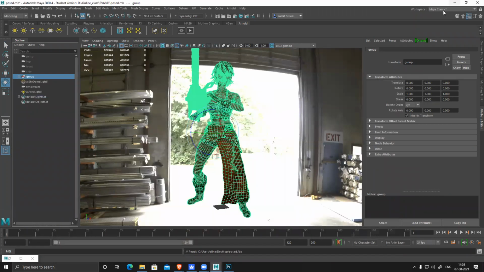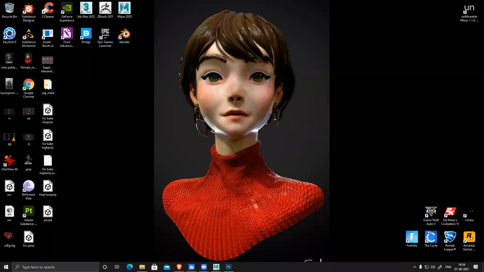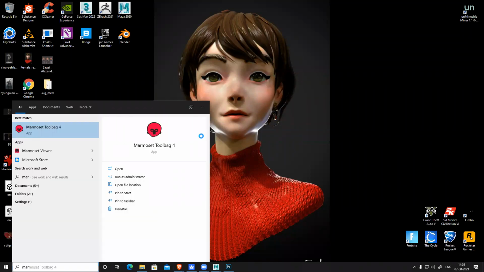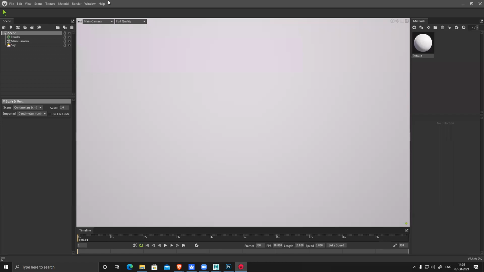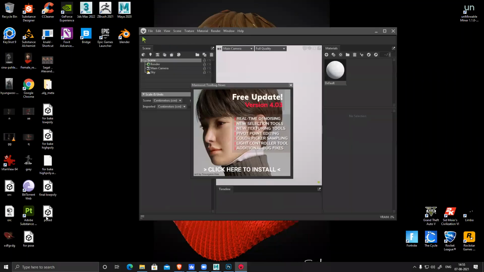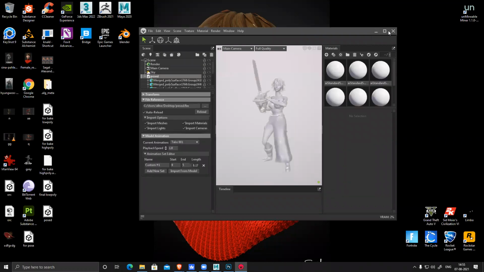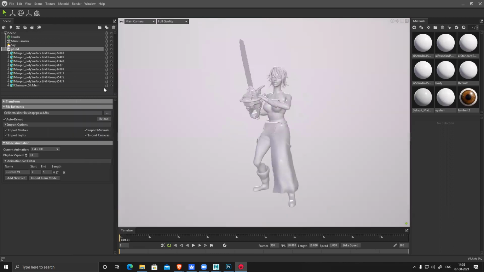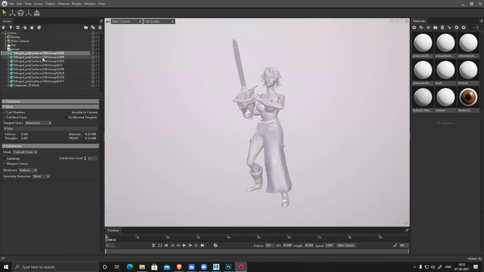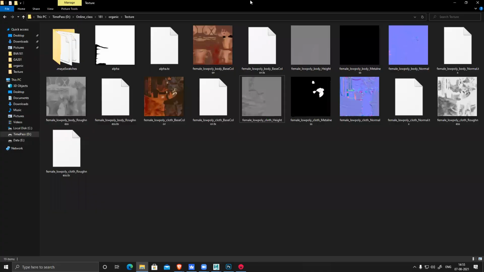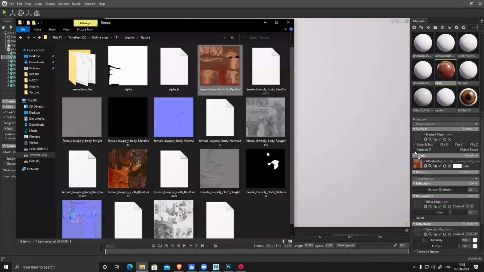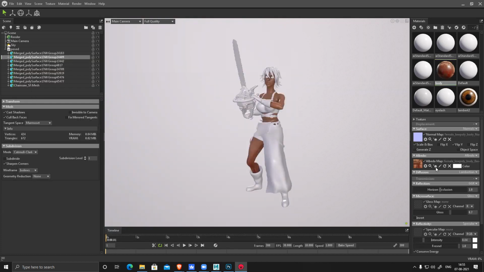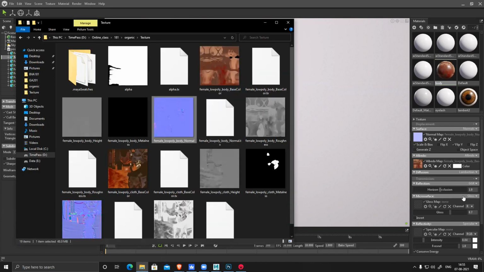Those shaders it won't read anyways. That's fine. Then we have roughness.